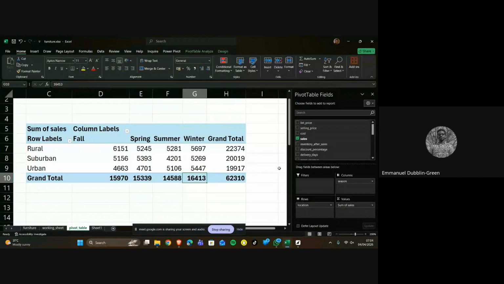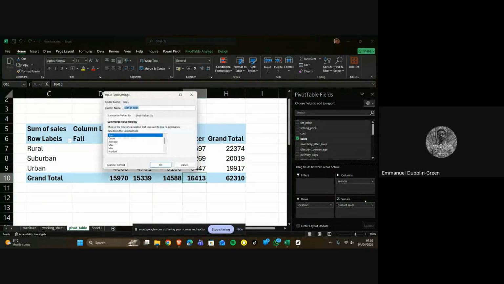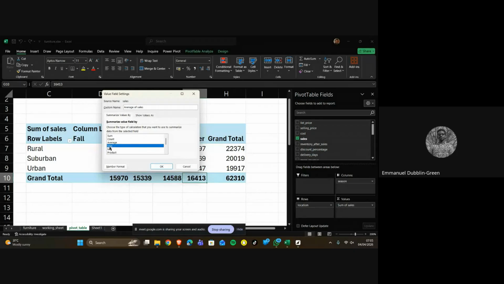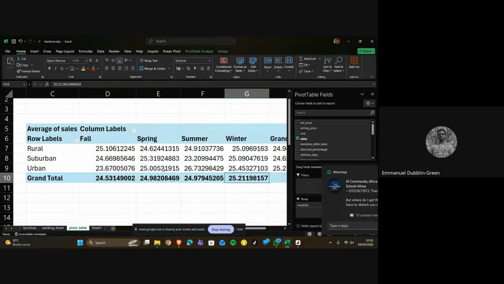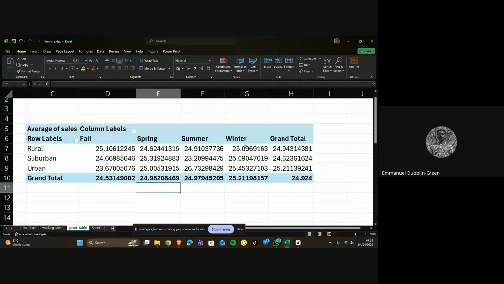What if we want to get the average number, the average sale value? We come to this point here. You see the arrow beside the sum, right? I click on that arrow and then click on value field setting. This pop-up shows me the ability to change certain metrics. So I can change this to count, average, max, mean, product, right? So if I change this to average and I press OK, now I see the average sales made here,